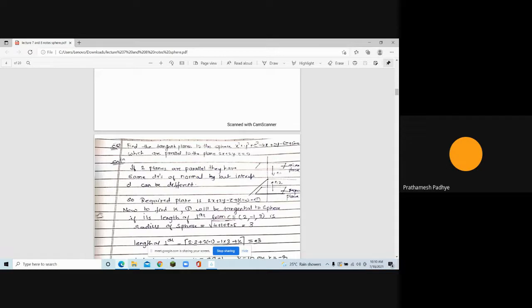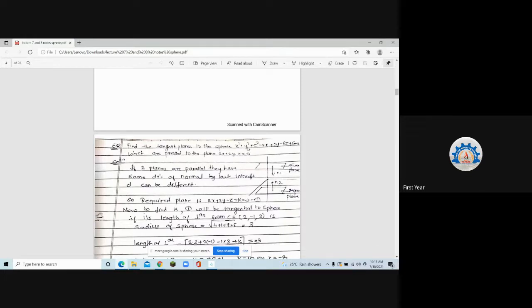Find the distance of one plane from origin and then the distance between the two planes. But we don't know the two planes yet, that is what we have to find. So to find k, what have we not used so far? I have used the fact that the required plane is parallel. So I got the equation 2x plus 2y minus z plus k is equal to 0. But now I want to find this k. I have not made use of the condition that this plane is tangential to this sphere. So when do we say that the plane is tangential to the sphere?